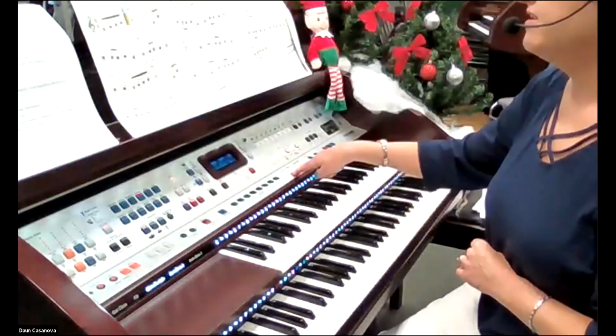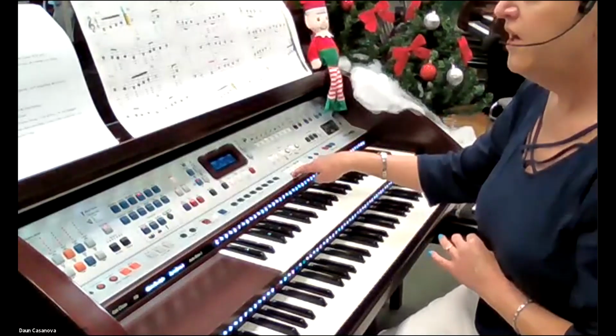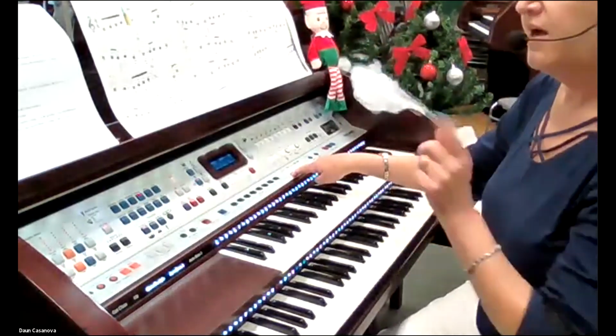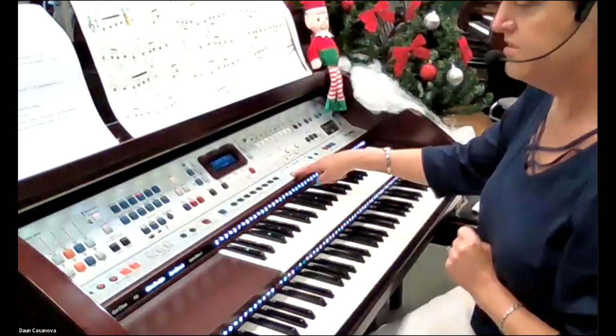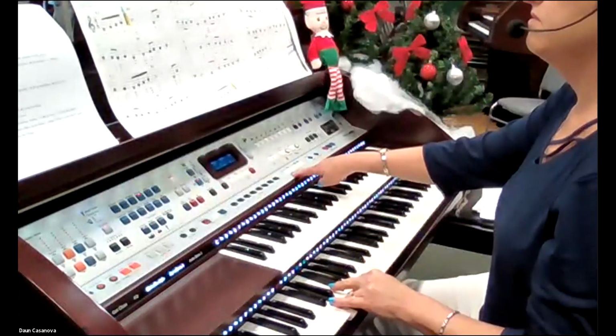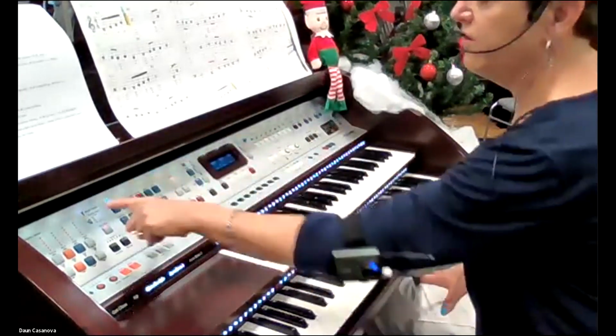So the symphonic sounds are absolutely fabulous for Mary, Did You Know? And then you just have to mark in your music where you want to change them. I am also going to make use of the golden harp during this. So instead of just having, without the golden harp, it sounds like this. With the golden harp,